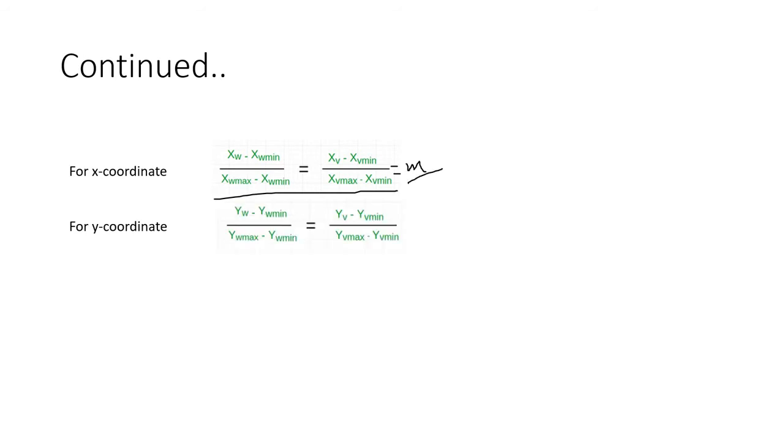So now if I further want to simplify this, I just want to calculate the value of xv, yv. Okay, because we already have this is the world coordinate, we already have these values, all of this, because these are the viewport coordinates, these are the window coordinates, and these are the actual coordinate of the particular object. Now we need to figure out what will happen whenever it is getting transformed into the viewport. So that means we need to calculate the value of xv and yv.